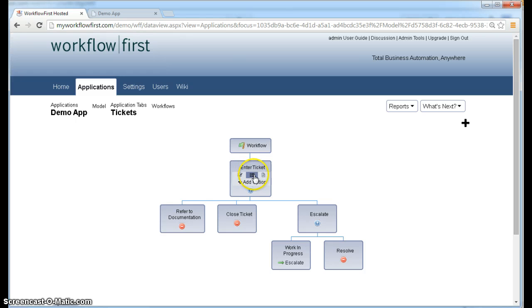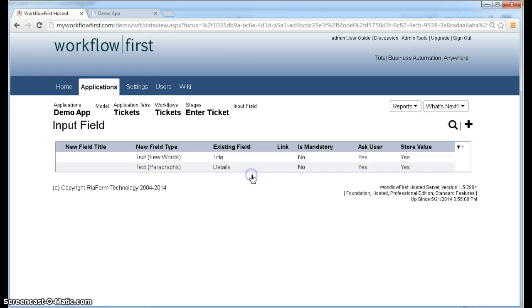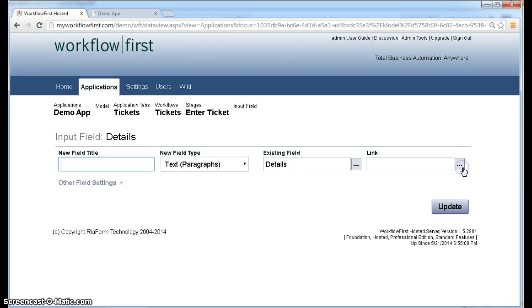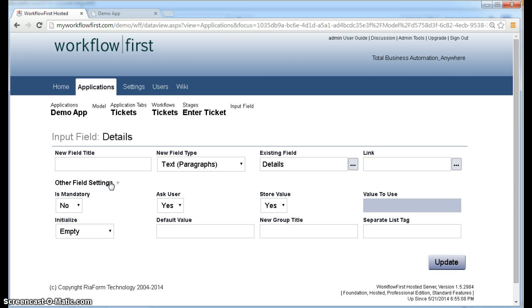But basically, when you create your input fields, you can specify something called a group title. When you specify a group title, now in here it's under the other field settings, but we have new group title right here. When you specify a group title, it puts this little title above the field or the fields to group them together,